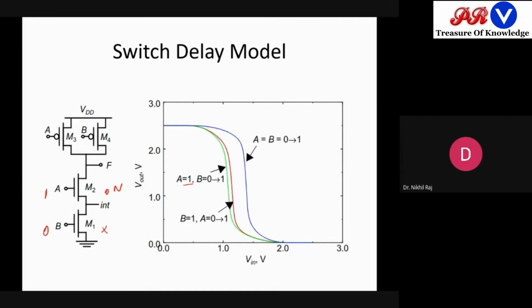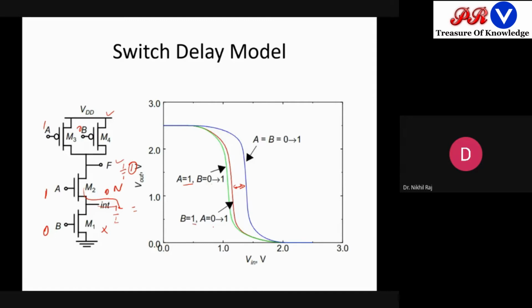This means no discharge should be there. Ideally, A is 1 and B is 0, so what should it result in? There is no path to ground, but there is a path from the supply to the output. This means my charge should be retained at the capacitance and logic 1 should come at the output. But since there is also an internal capacitance formed here, some charge might move in this direction. That can degrade or deviate my characteristics. That's why a deviation is seen from the 1 1 case to the 0 1 or 1 0 case.